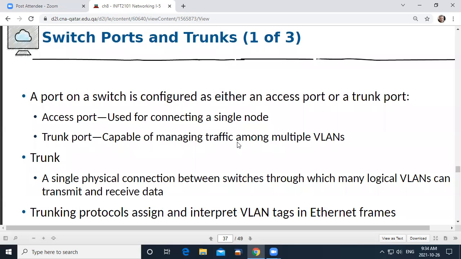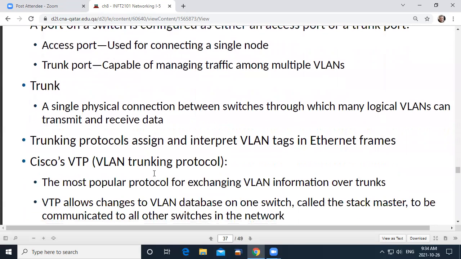And so it can manage traffic in multiple VLANs. We'll see that. So trunking protocols work with your VLAN tags, and so are able to manage the frames going between the different switches all over the network.